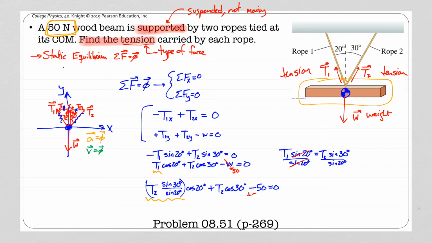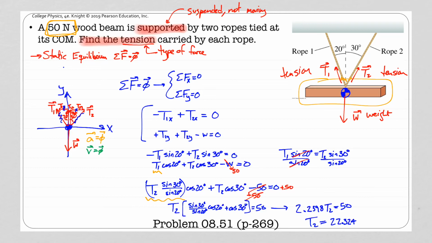I'm going to add 50 to both sides to cancel that out. Move the 50 across the equal sign there. And then what you'll notice on this side, this is a number. This is complicated, but it's just a number. I have a common factor of T2 that I can factor out. This whole thing is just some number. Your calculator will tell you what it is. And what we'll do here is say that we have 2.2398 T2 is equal to 50, and then T2 must be equal to